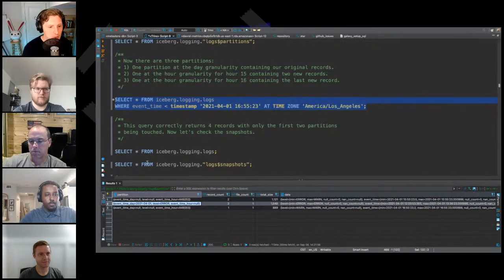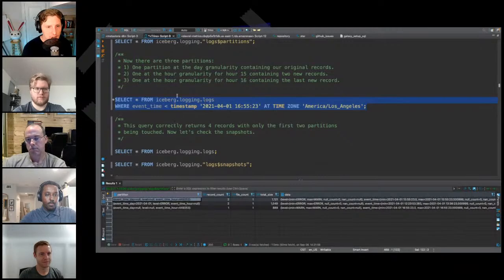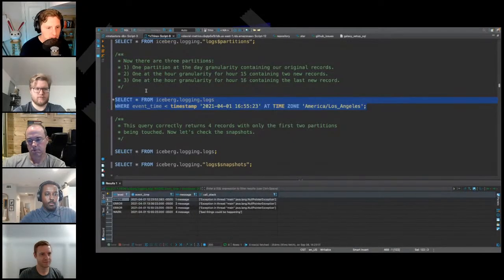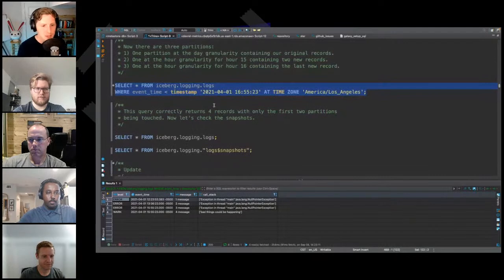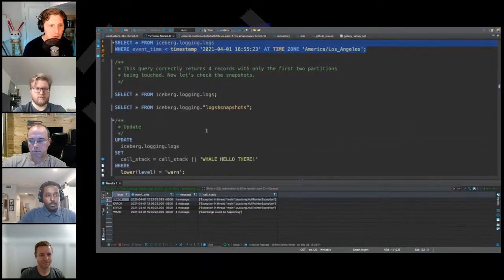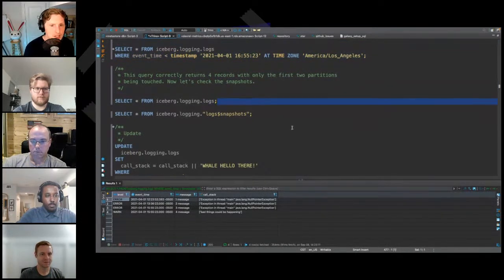So it's going to only touch the day level partition, and it's only going to touch the hour one that specifically falls inside that time range. So we correctly get only 4 messages back, as we aren't getting the last one, but we only touched 2 partitions. We didn't have to scan every single one, which is pretty cool. So let's look at the.